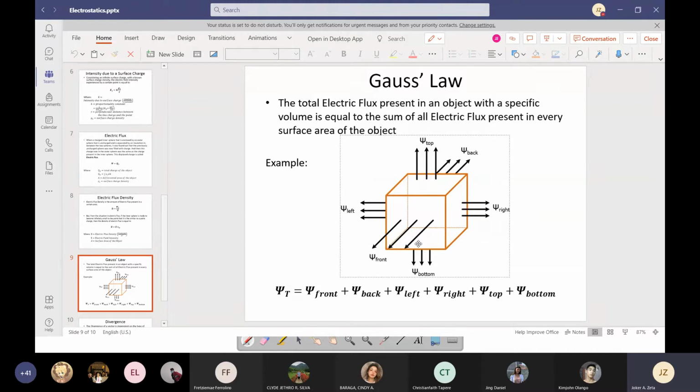Okay? Now, again, it is easier to understand Gauss law